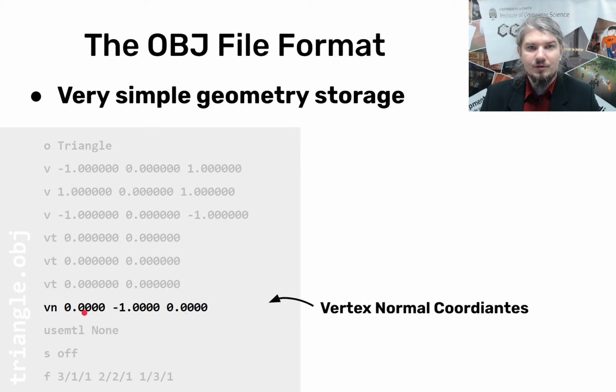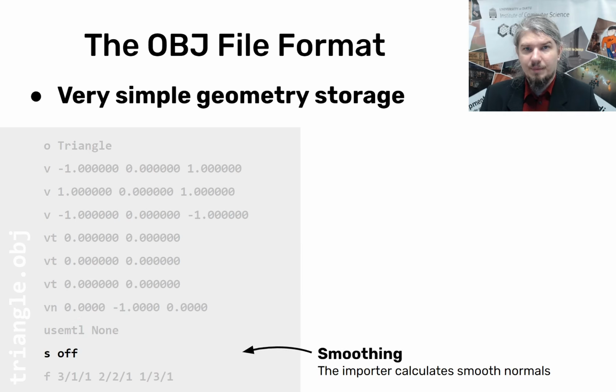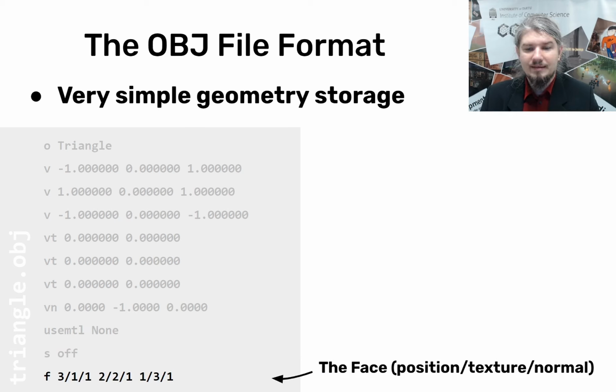Then we have the vertex normal coordinates. Right now we have just one normal because our object is a triangle. Then there's a parameter for the importer, whether the importer should smooth the normals or not. And lastly, it's the index. All of the data we have here, the vertex coordinates, the vertex normal coordinates, the UV coordinates, they're all